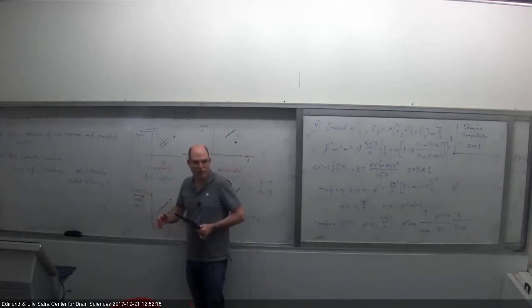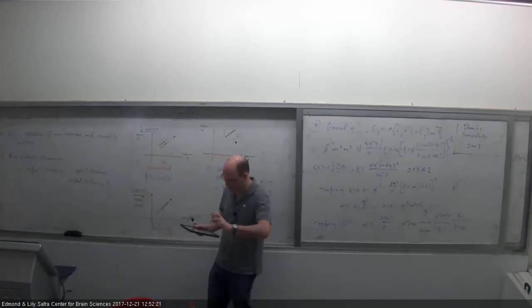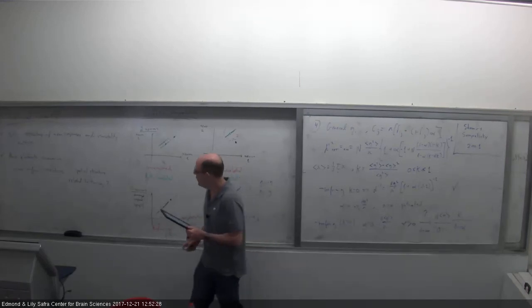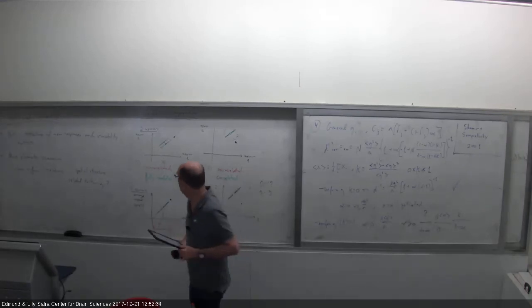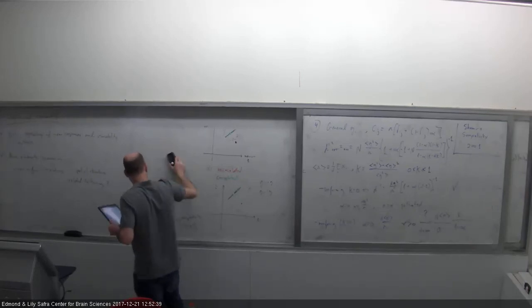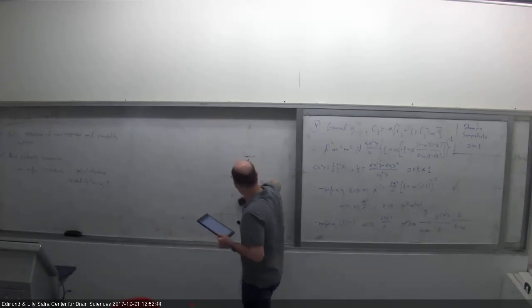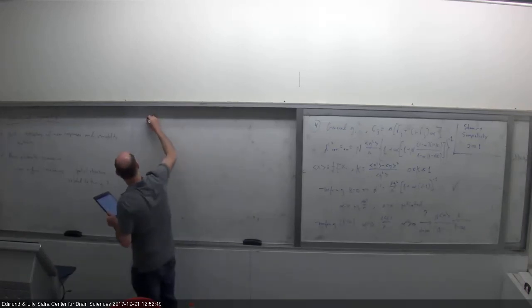Okay, so we could have imagined that we have neurons with different preferences, and there is some relationship between the average response and whether two neurons are correlated with each other. Maybe if they have similar average responses, they're more correlated or less correlated than if they have different responses. Then there's another issue that I could have brought up and didn't, which is perhaps in the whole model that I discussed, the noise part was completely independent of the stimulus. We had a mean response, which was dependent on the stimulus, plus noise, which is independent of the stimulus. But we could have imagined that perhaps there are signal-dependent correlations.